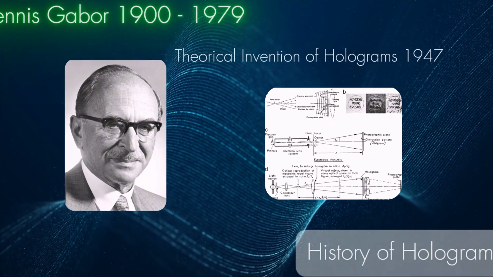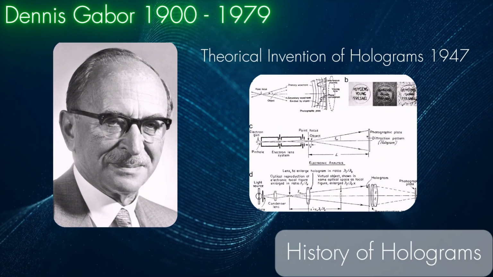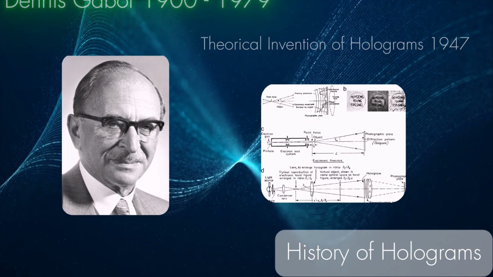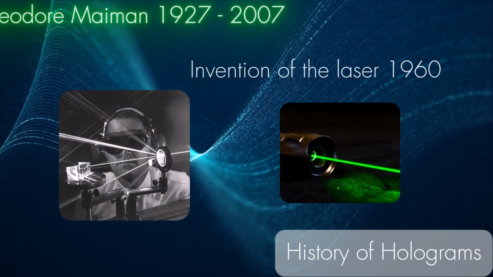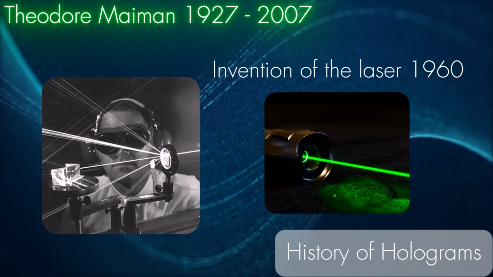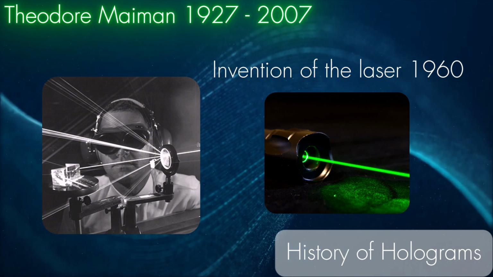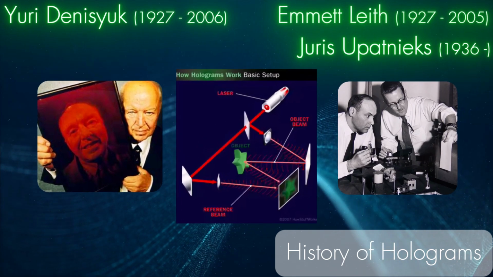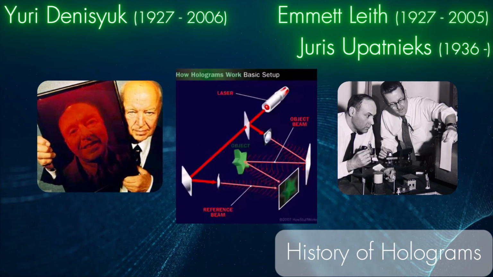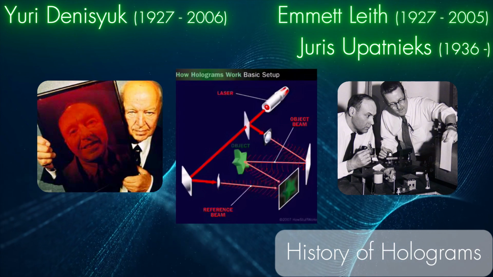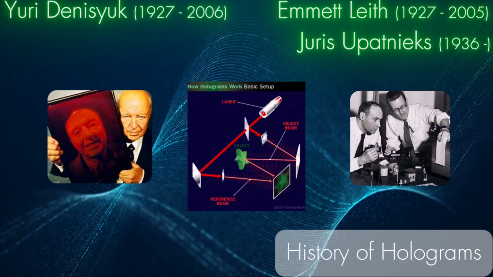Denis Gabor came up with the theory of a hologram in 1947, but due to the lack of coherent light, meaning a laser, he was unable to make progress. The laser was invented 13 years later, in 1960, by Theodore Maiman at the Hughes Research Laboratories in California. After that, using Gabor's research and Maiman's technology, several researchers like Denisyuk, Leith, and Upatnieks developed practical hologram capturing